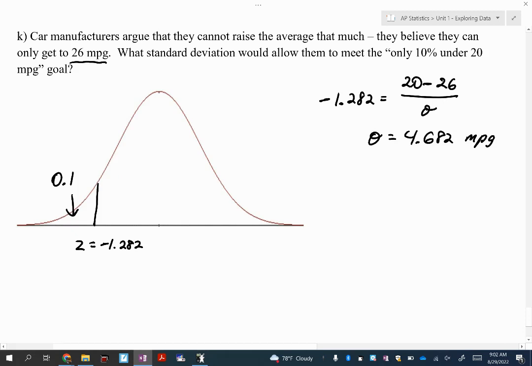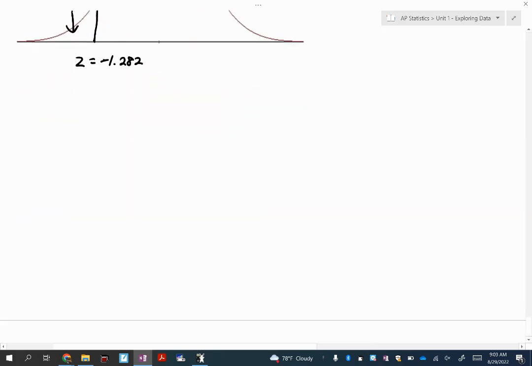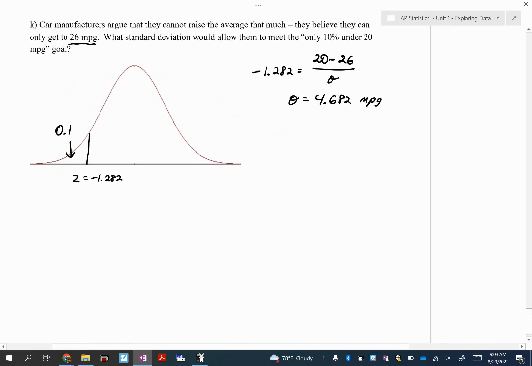So essentially, what we're saying is that they are going to need to make the spread not as spread out. Previously, it was 6 miles per gallon, so almost 1.5 miles per gallon less spread out. I know this is the end of the problem, but let me just show you what that would mean. If I draw another curve here,